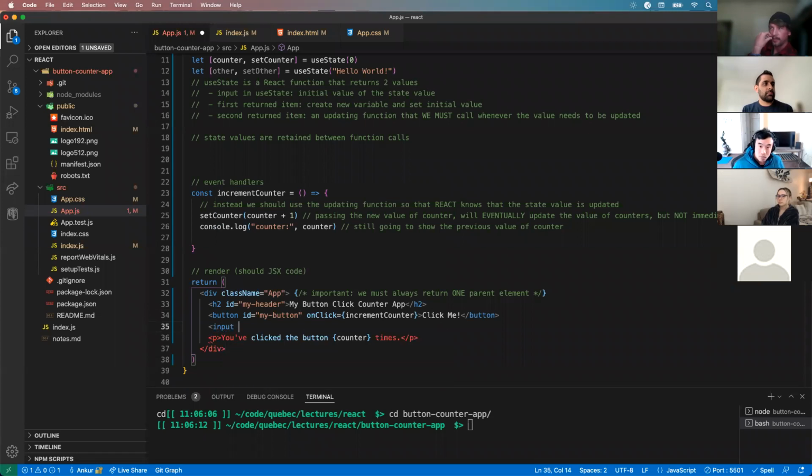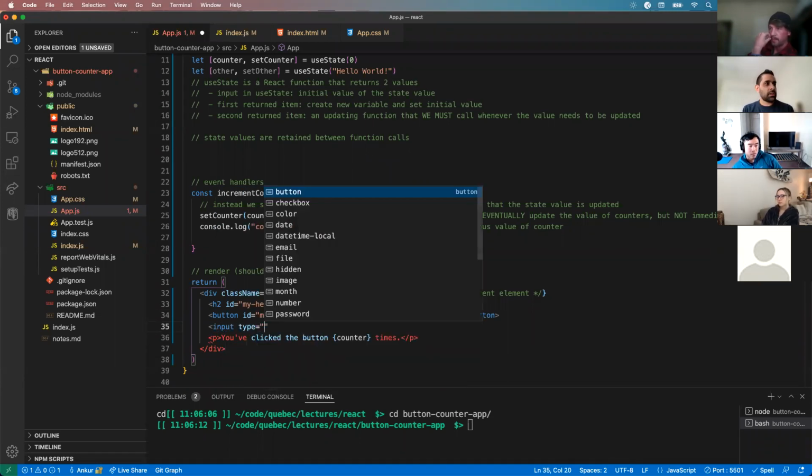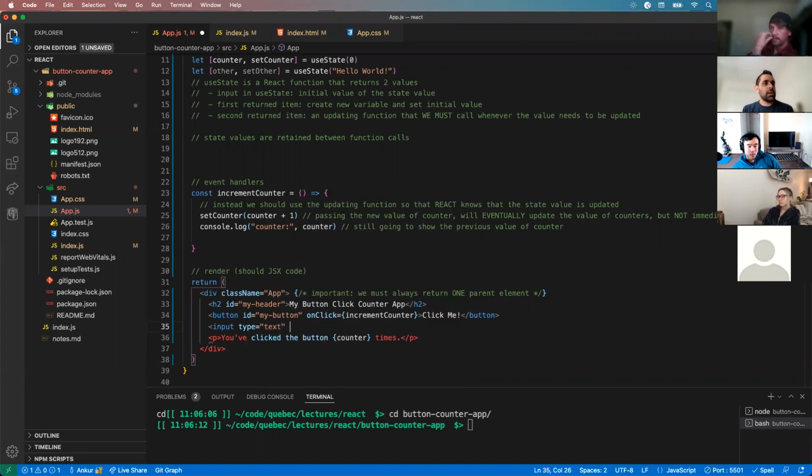Yeah, if you want to see a little more, let's have an input field. Hopefully this isn't too off the track. So this is going to be type text. This is going to have an on change handler. A lot of this is going to be Googling, figuring out which events exist for which controls. So inputs have an on change event that can be fired. Whenever the user changes the input value, on change will trigger. So we could have